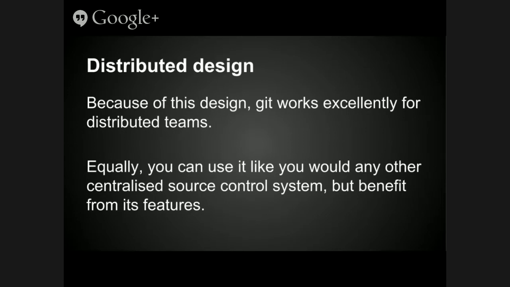Because of this design, Git works very well for distributed teams, but also you can use it like you would a centralized version control system. So you can still have a Git server with your master Git repository that people send code changes to. The mechanisms in which you send code changes are slightly different. Gone are the concepts of exclusive checkouts and locking of files, but you can still have a big single source of truth. The additional benefit, though, is that everybody that interacts with that repository also has a complete copy of history.